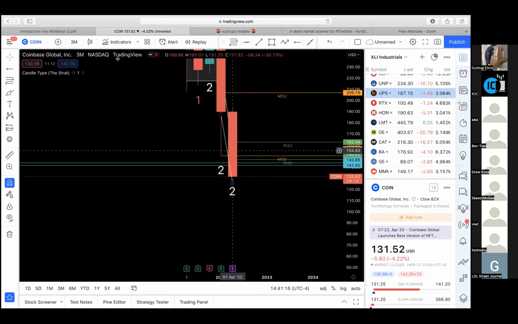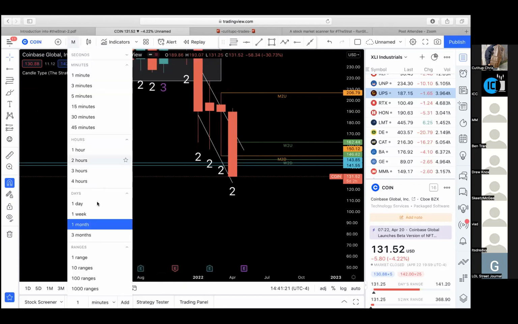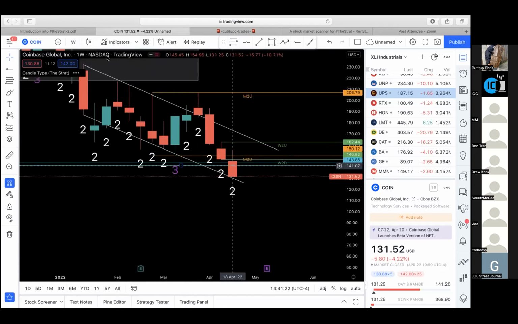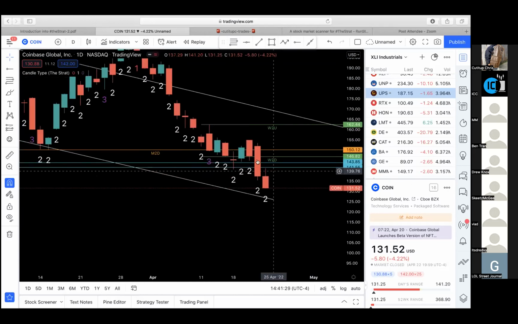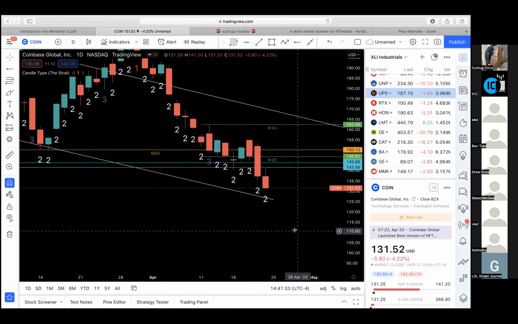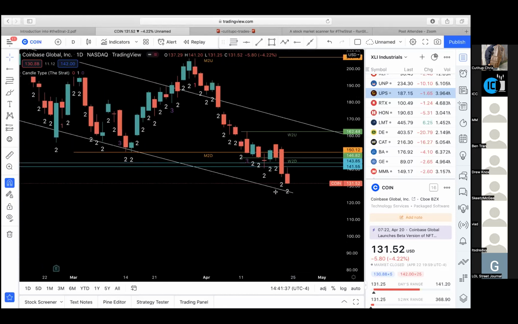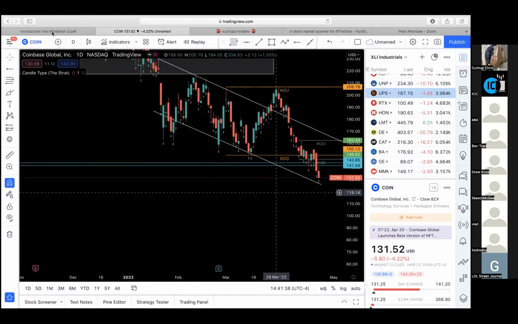The quarter is two down, the month is two down, the week, two down. Now, if we see a two up on the daily, we could play that reversal back to the downside, but the daily's two down. So what's the market telling us? We're going down. We're going two down. We're selling this. But another thing to keep in mind is